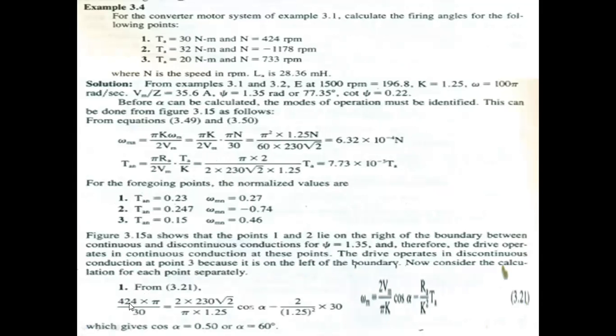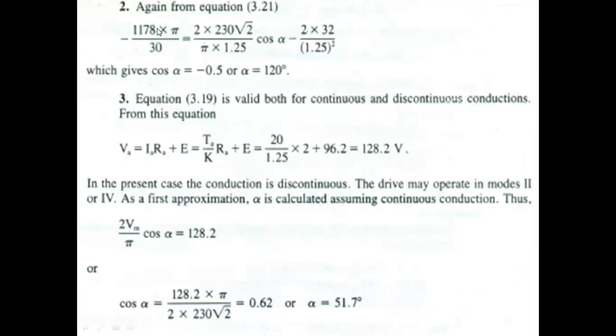Here is how they substituted 424 into pi by 30. So omega m value is 424 into pi by 30. Same as this, we can do it like that. Torque is 32, speed is minus 1178. So now minus 1178 into pi by 30 gives 2 into Vm by pi into k cos alpha,